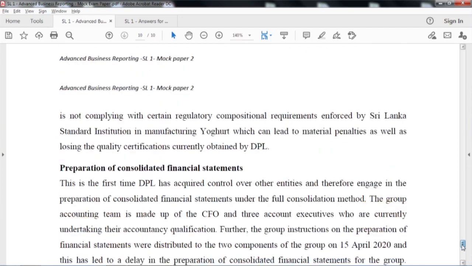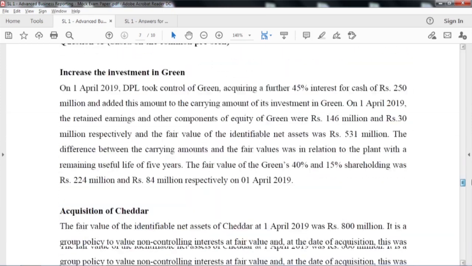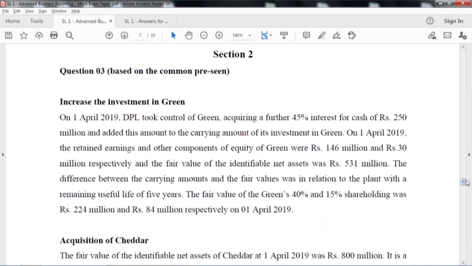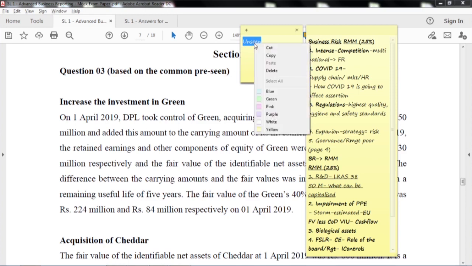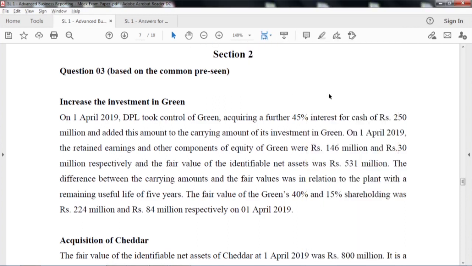Now, we should go and find out what information from the unseen supports our answer, and then I will again update the sticky note for the unseen. And I think we can even add another sticky note from the unseen. Yes, we can change the color, but that is fine. So, let us mark the unseen information also. You can even update here. So, let us see that.